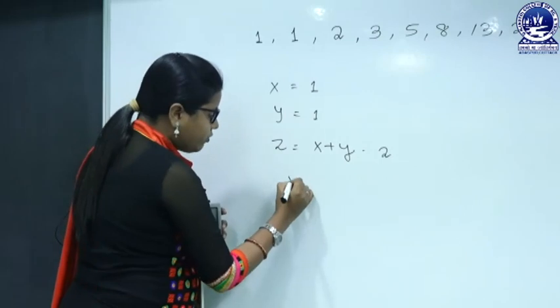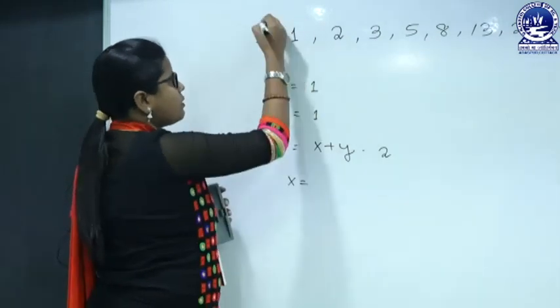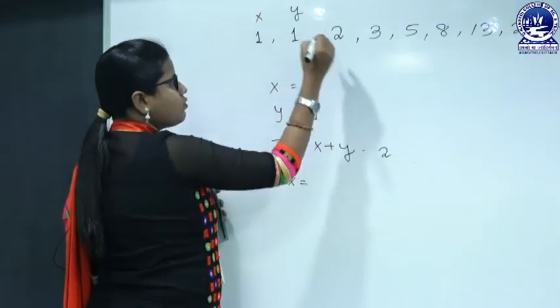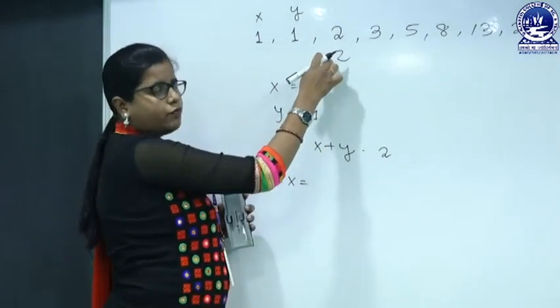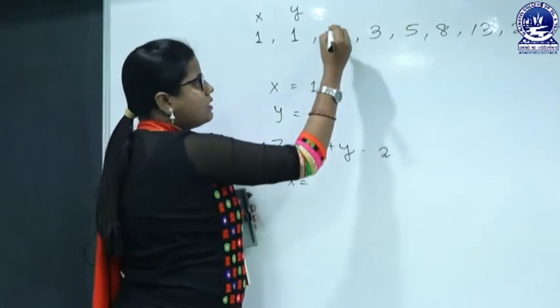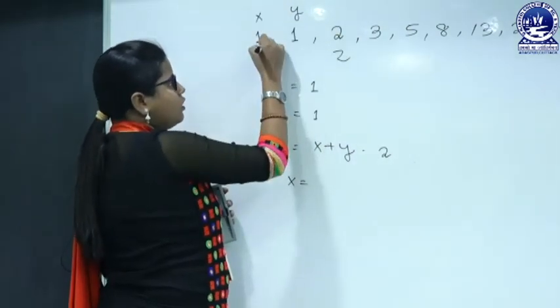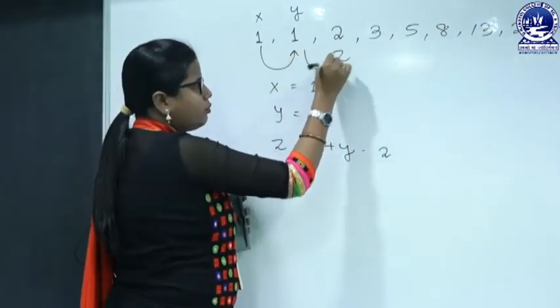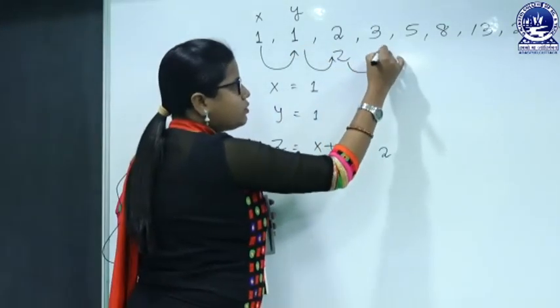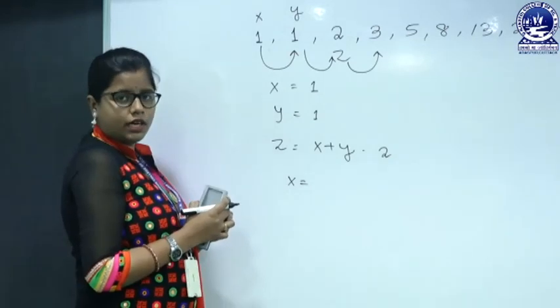So here we want to move this. Suppose this one is x, this one is y and this one is z. After finding this value, we will move to here. That means the x will move to here and the y variable will move to here, then g will move to here. So what actually are we doing?